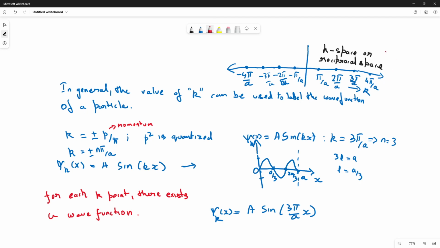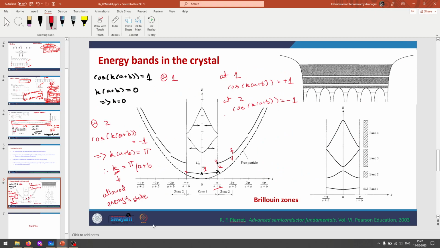So this K space that I've defined here is for a particle in a 1D well. Whereas in the slides that we have seen, this is the K space for the Kronig-Penney model, the 1D Kronig-Penney model. Okay. So now instead of having a single k value, I have a region, a range of k